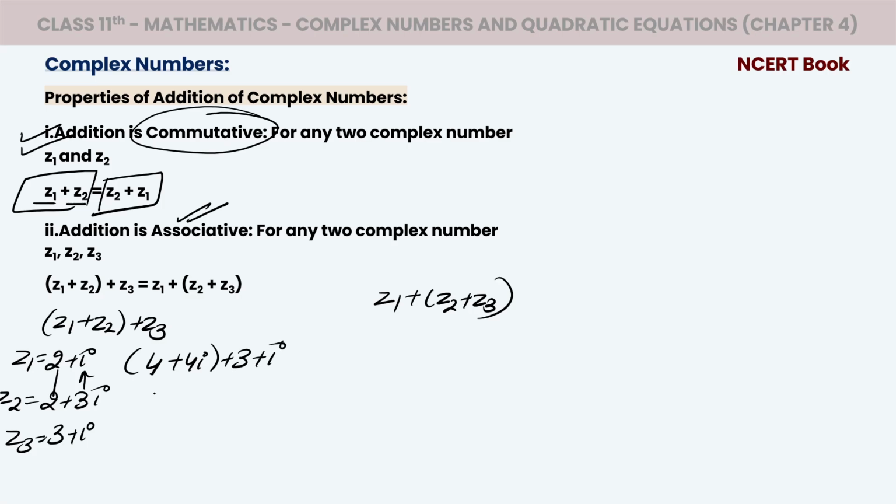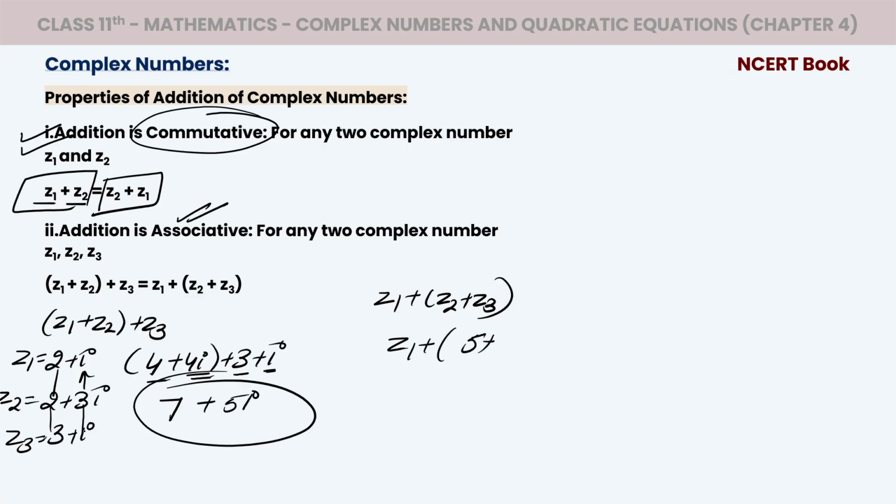Then if we open the bracket, 4 plus 3 is equal to 7 and 4 iota plus iota is equal to 5 iota, right? The answer of the left hand side is 7 plus 5 iota. Now let's add z1 plus z2 plus z3. So z2 plus z3: 2 plus 3 is equal to 5,